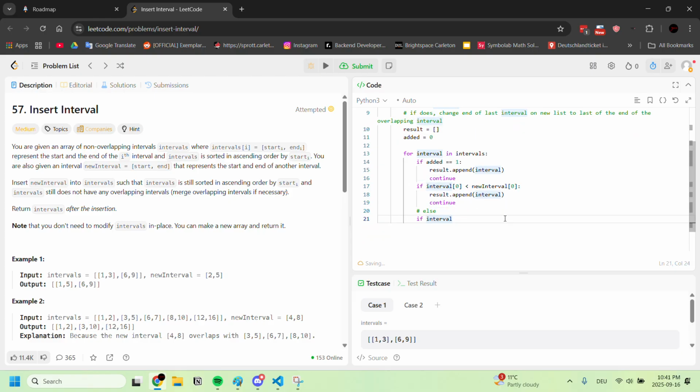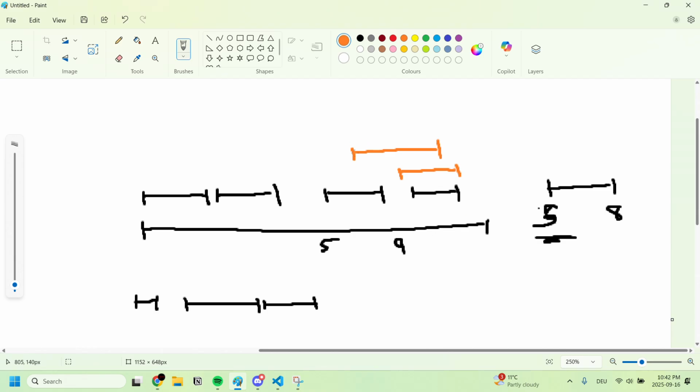You can have something like that, right? It's like if we already added our interval completely, just keep going. Okay, so if interval 1, now we're comparing, because now we saw that this one is